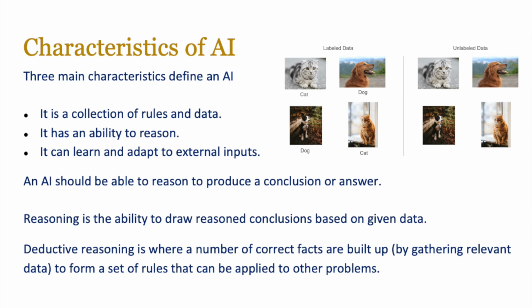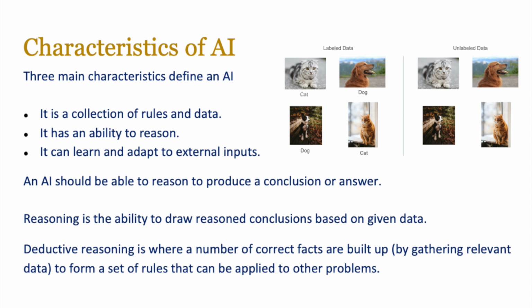So imagine if you can train an artificially intelligent program with labeled data and then give it an unknown picture of a dog or a cat. It should be able to categorize that into the right category. And basically, those rules of categorization and the data are put into that AI system. It then has an ability to reason when a new piece of input comes in and then categorize it.